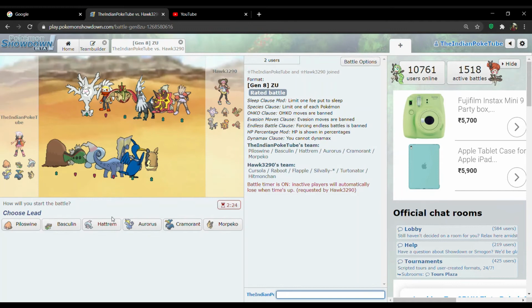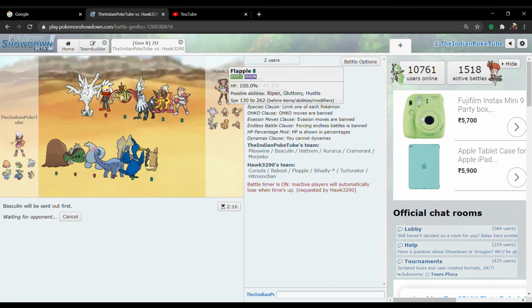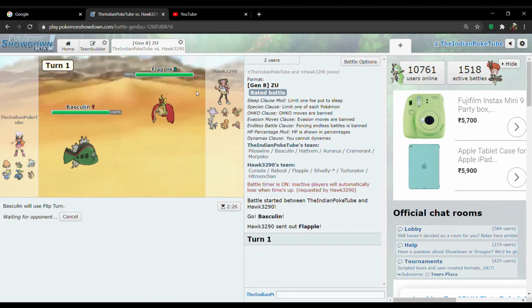This looks super interesting. This is a really funny team, I must say. So I'm gonna start off with my Basculin. I'm scared of the Flapple. 262. Not bad at all. So if it gets a Dragon Dance, it's probably over, right? Yeah, I mean, what switches into this? Brings the threat right in. So I'm gonna click Flip Turn. Not staying in on this. I'm gonna sack my